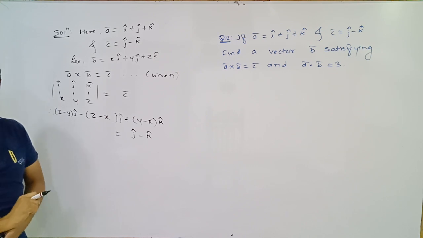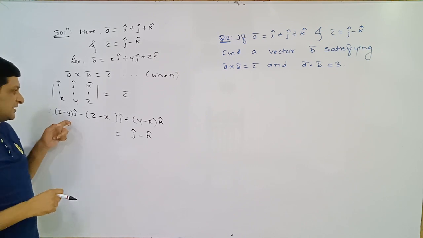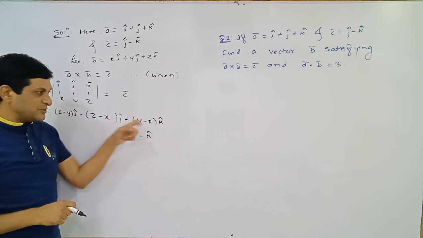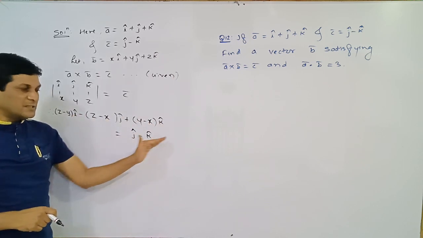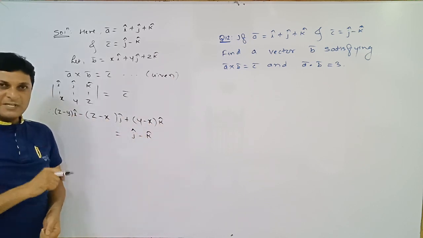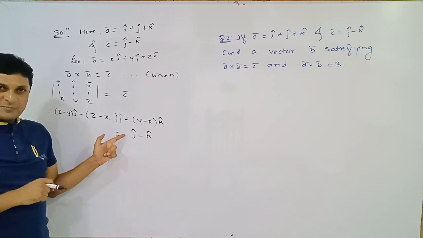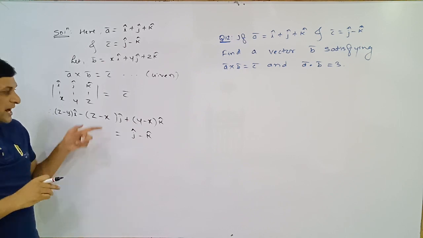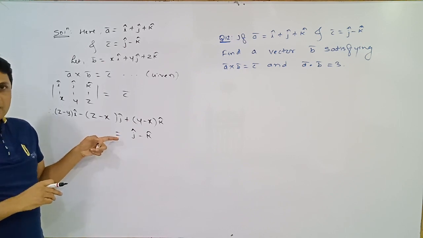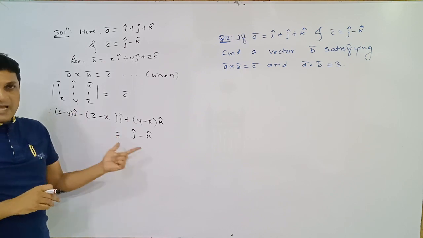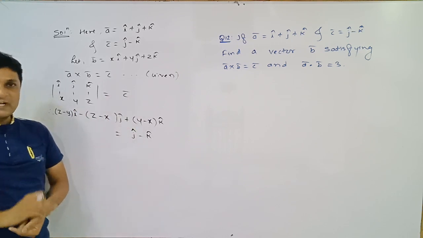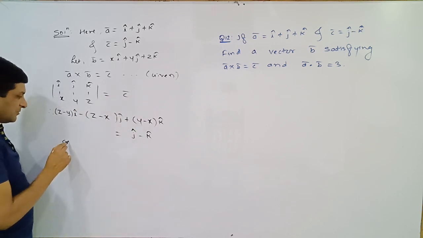Now, if you observe both the sides very carefully, this side also has terms of i cap, j cap, k cap, and this side also has terms of i cap, j cap, k cap. Here the term of i cap is absent, which means its coefficient is 0. Both the sides are equal, which means the coefficient of i cap, j cap and k cap on both sides are equal. So comparing both sides,